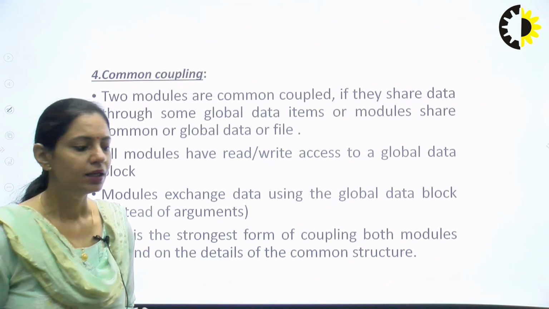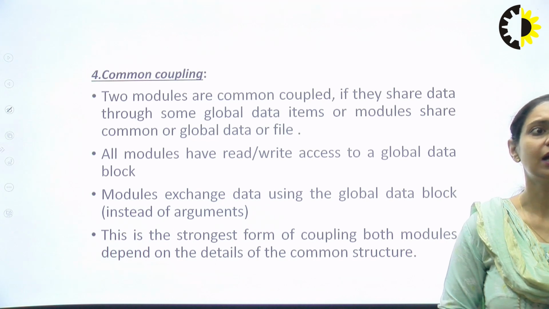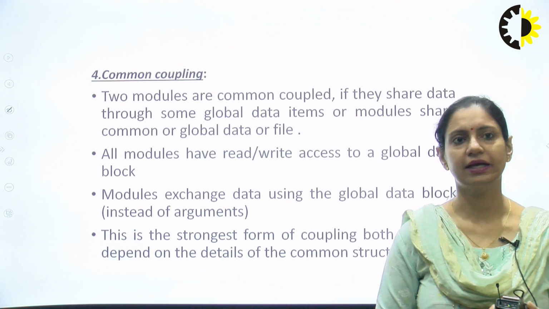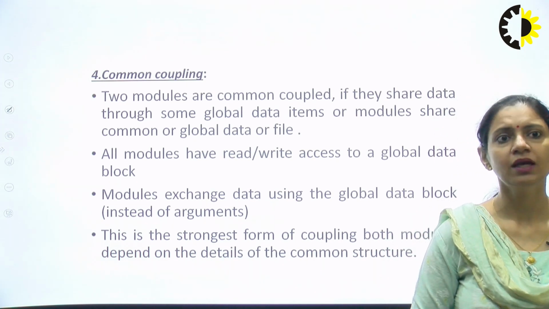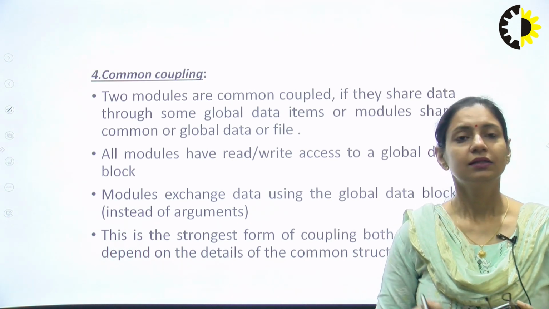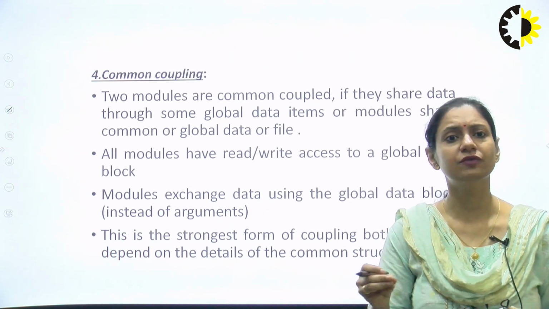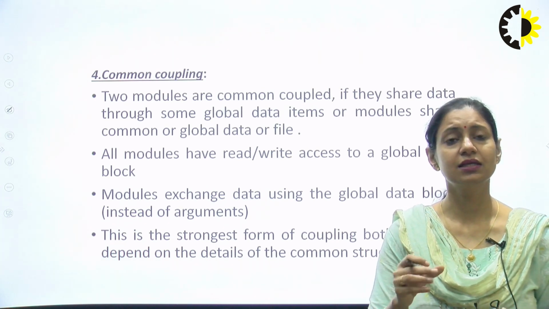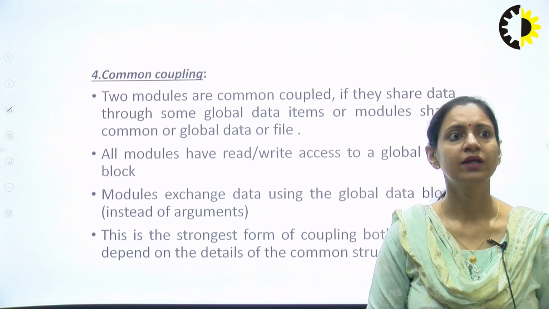The next type of coupling that we have is common coupling. Now, two modules are common coupled if they share the data through some global data items, or the modules share common or global data or file. So common coupling here talks about the sharing of the global data. That is, since the global data is being accessed, it can be changed by any of the modules which is calling that data. This has the highest coupling in all of the hierarchy, because